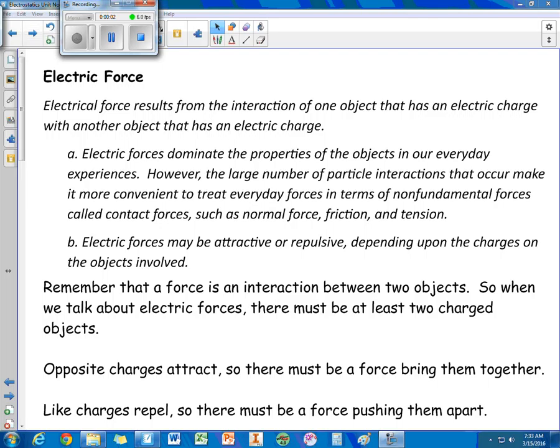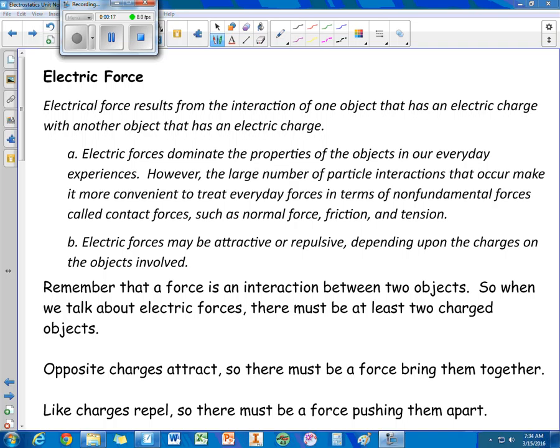This is video 2 for the electrostatics unit notes. And in this one, we're going to talk about electric force and electric potential energy. So electrical forces result from the interaction of one object that has electric charge with another object that has